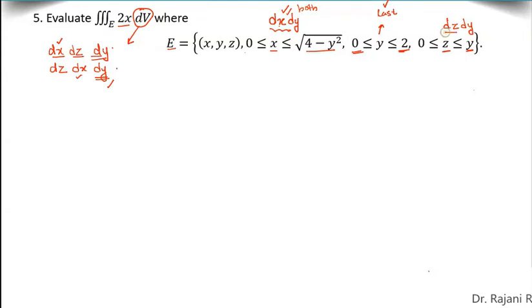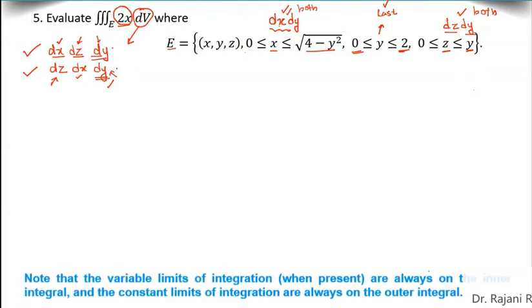Whereas if you look at this one, dz dy, we want z before y. Check here, z is done before y. Okay, satisfied. Here also z is done before y. It doesn't matter that z and y are immediately after each other. The only restriction is that z should be integrated before y. So this also satisfies both orders of integration. So in this case, it's okay. You can use the order of integration dx dz dy or dz dx dy. Both will give you the same answer because the function which we have to integrate is a simple function.